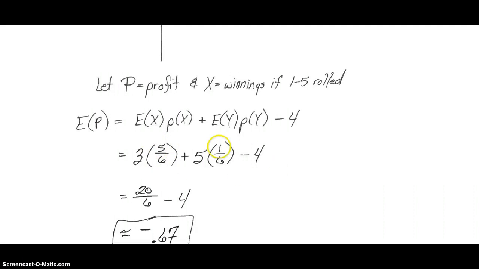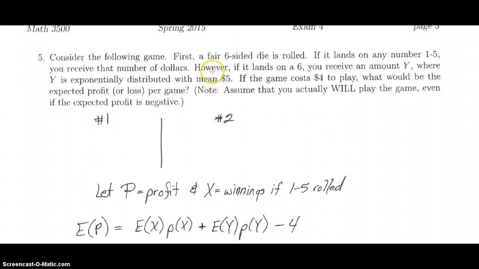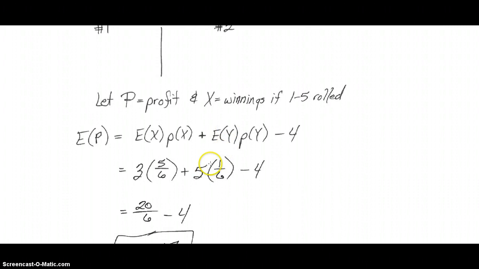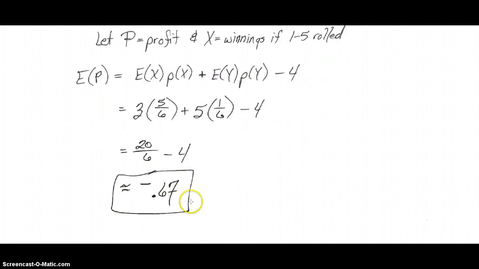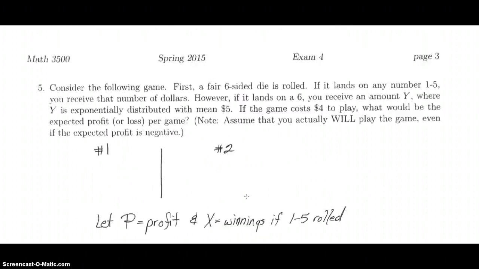Over here, notice we really don't have to mess with the exponential distribution at all. All we need is the expected value of it, which is 5. So we have that 5 times the probability of getting that exponential, which is 1/6, because we have to roll a 6. Add all that together, and you have a loss of about 67 cents per game, which makes it